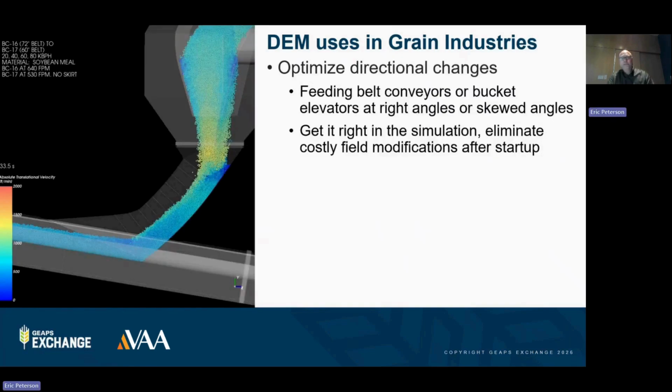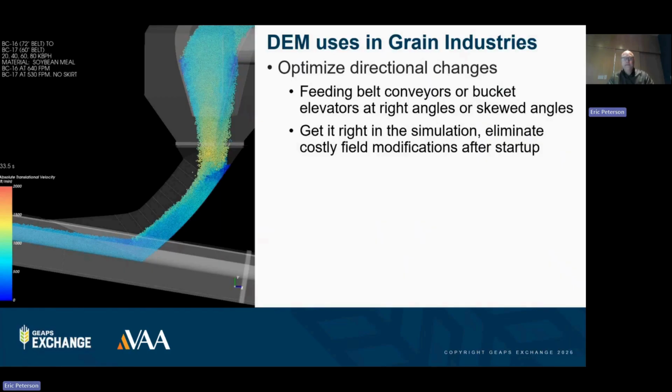And then just the directional changes of feeding a belt conveyor or bucket elevator. When you're feeding at right angles, in a lot of facilities the most optimum layout initially looks to be feeding a bucket elevator from the side. You're coming up and you're hitting the end and then you're having to turn directions. And that might make the most sense for the overall layout of the facility. Same thing with belt conveyors. Maybe you're feeding it at a right angle or even a twisted angle. That might make a lot of sense for the layout. But those inherently create problematic loading conditions for those follow-on pieces of equipment, like the bucket elevator or the lower